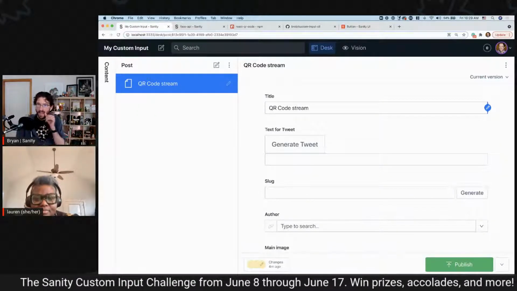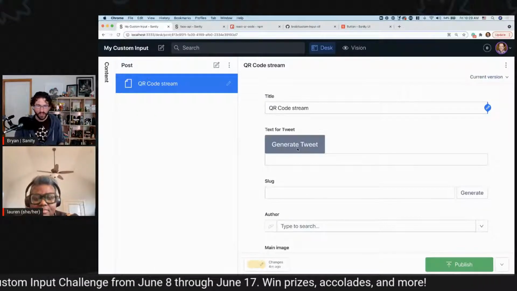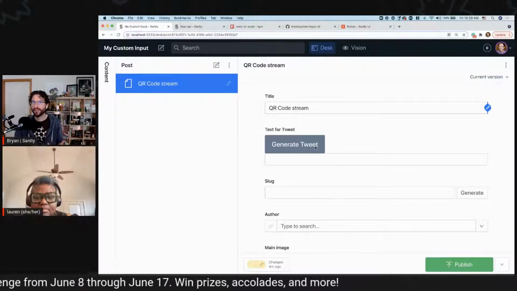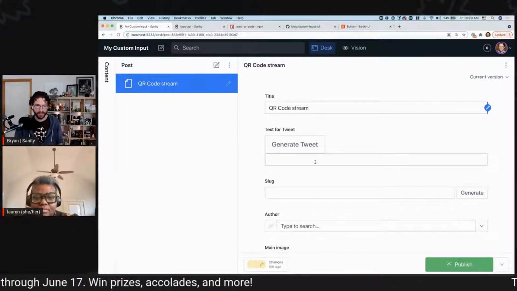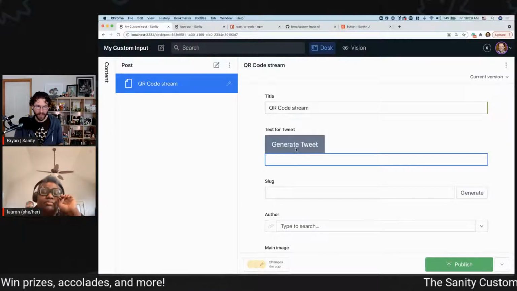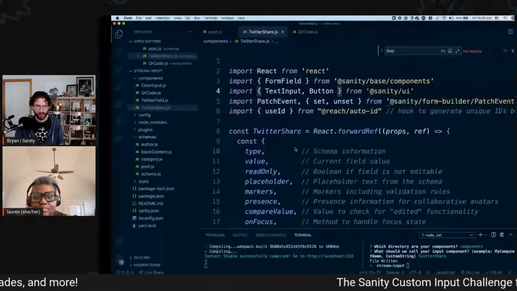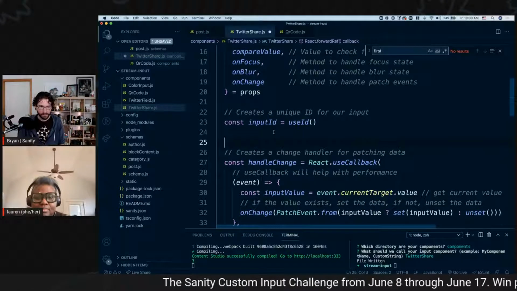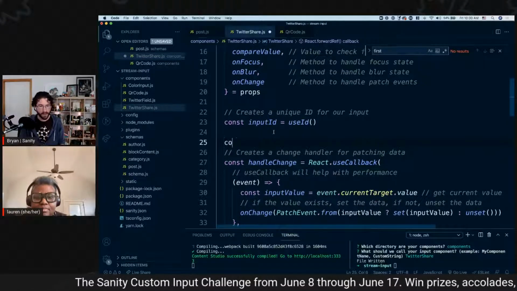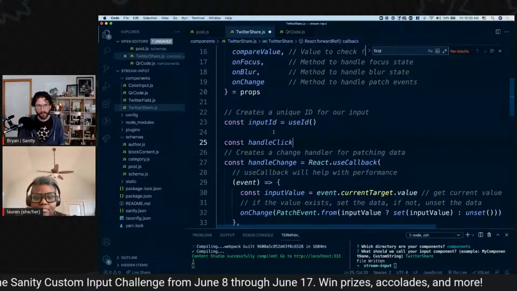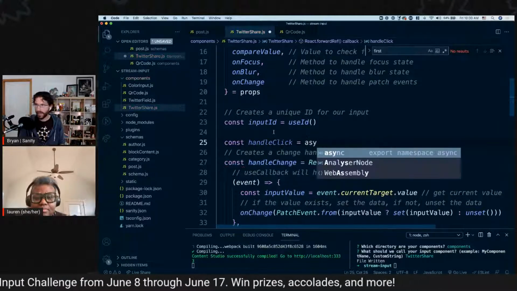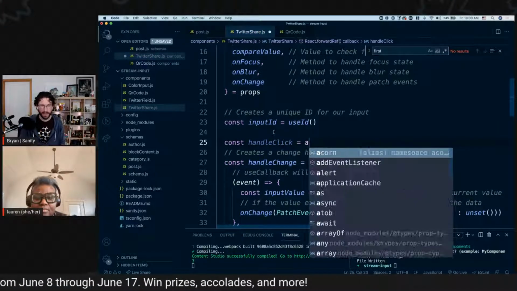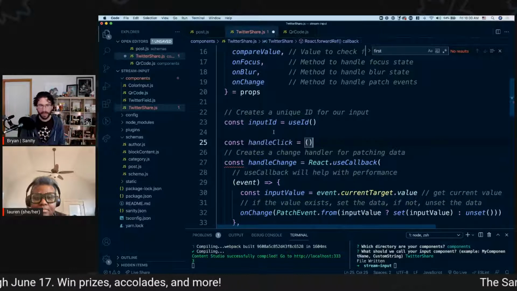So the next thing that we want to do is to generate a basic string tweet. We won't grab anything else yet. We just want to populate this field down here with something when the user clicks on it. So let's create a handleClick function. So const handleClick equals, we don't need this to be async yet. We're going to have this just be a standard